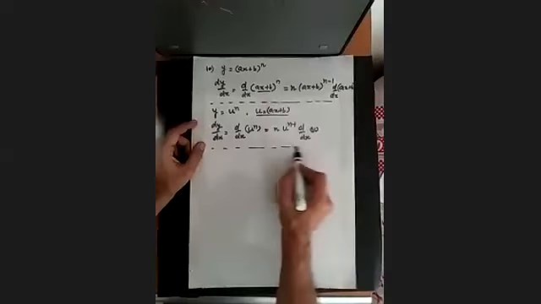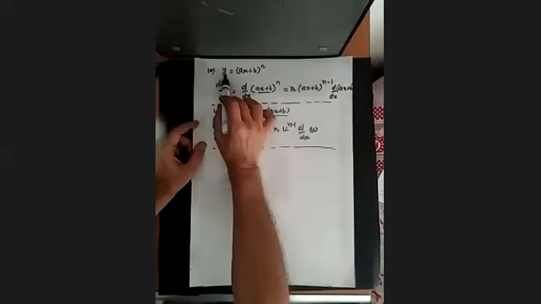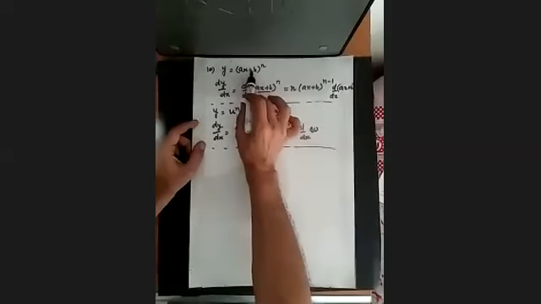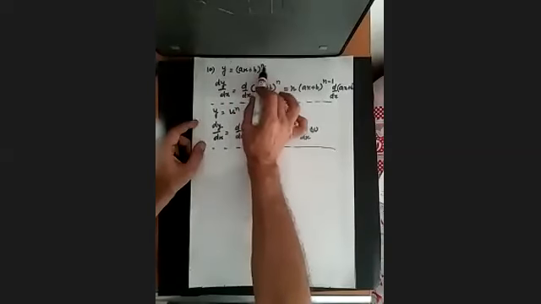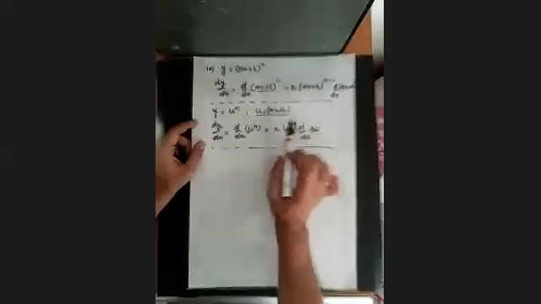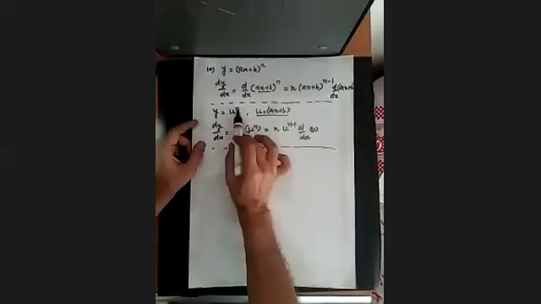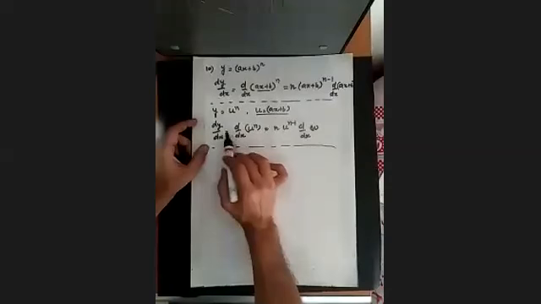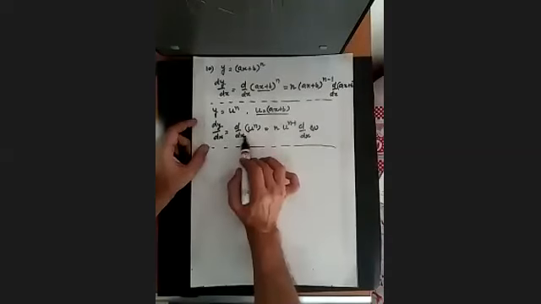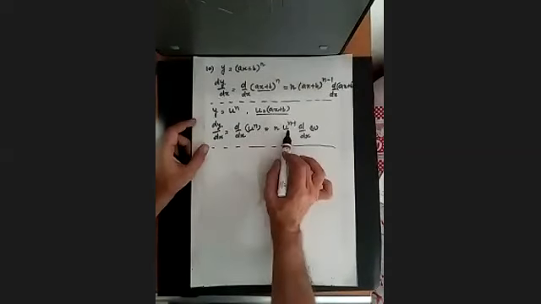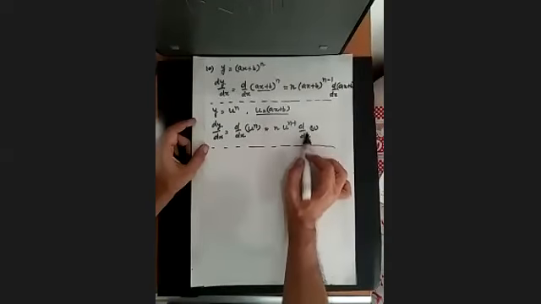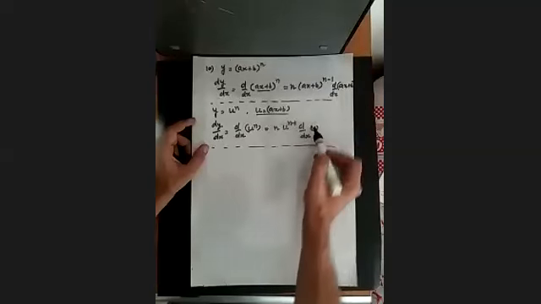So what is happening here? y depends upon this function and its power. And this function itself, whose power is n, depends upon x. So y depends upon u to the power n. So y is equal to u to the power n, and u is this, ax plus b. Then dy by dx is d/dx of u to the power n, that is n u to the power n minus 1, times d/dx of u. So these two are similar to each other.